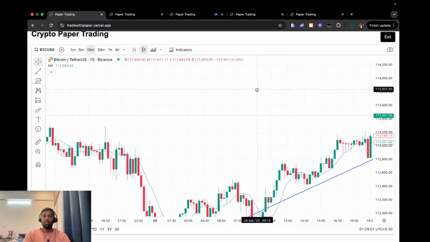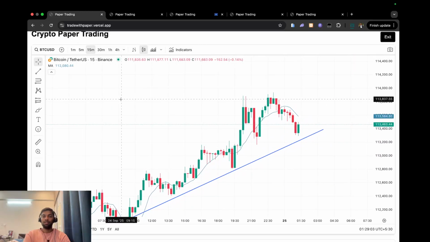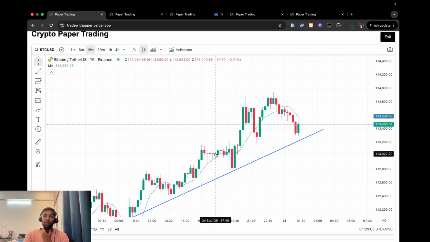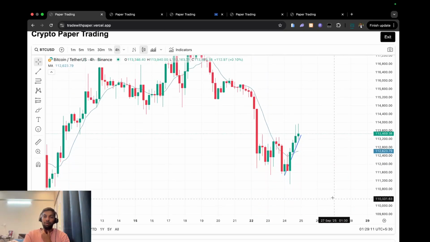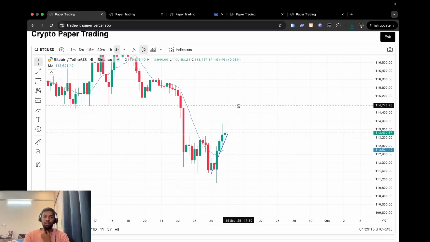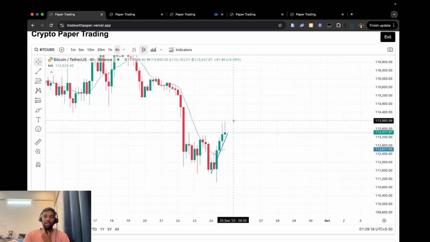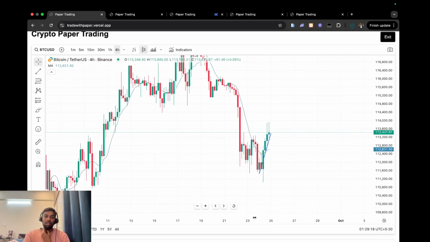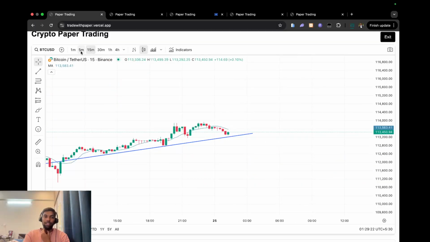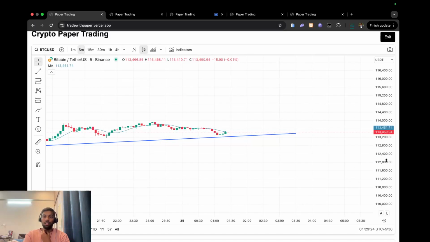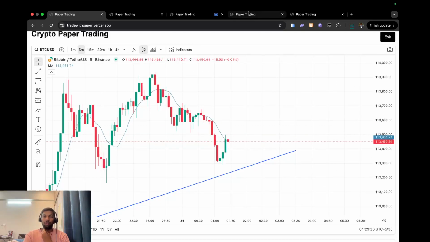And in Bitcoin, you can see the same thing. There's weak buying going on, and people are buying. Although on a bigger time frame we can see the market is in bearish mode, this is a pullback, and it might end up in a new uptrend. So let's see how the market upholds. Let's wait for the price action to uphold.